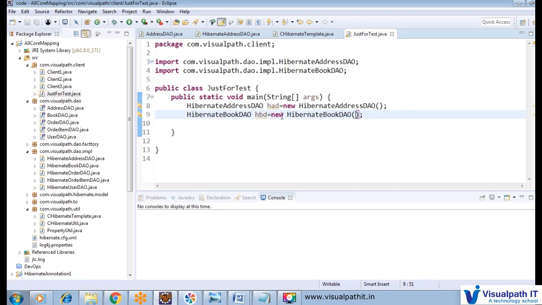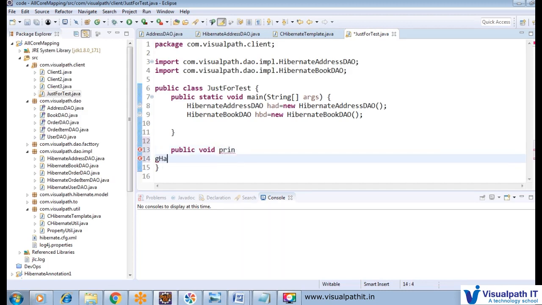So here, that instance is created as HAD, stored in Hibernate address DO, and HBD is stored in Hibernate book DO. And I would like to call one other method here, public void